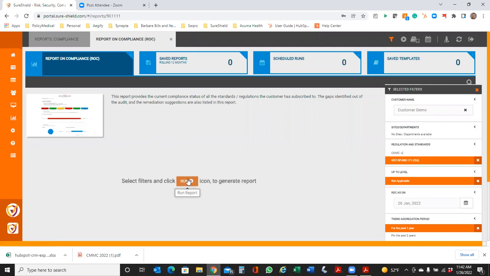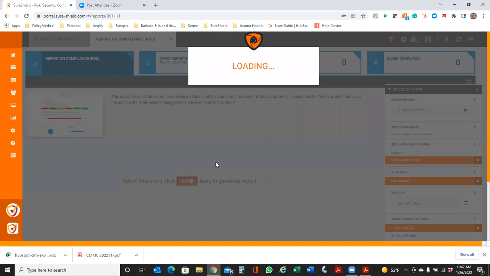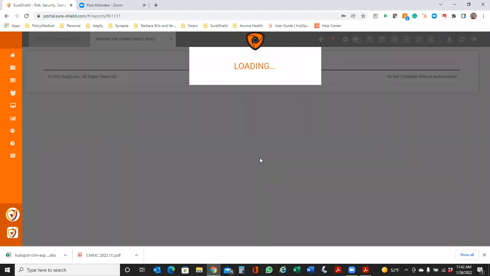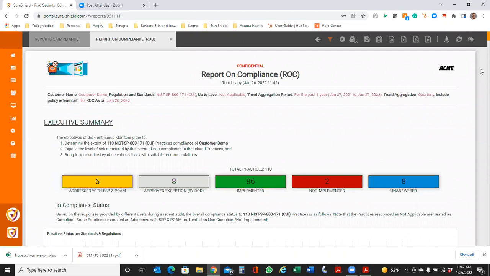I can set the date ranges, the times that I want to look at this, and then the actions I can see of where I want to be on this if I were to run this report. And it outputs this in a nice fashion that you can also convert to Word or convert to a PowerPoint, or use the graphs for different types of PowerPoint demonstrations. You can schedule these reports. You can have these saved. You can have them scheduled to go out to different people within your organization. And it will also show you differentials on changes that have taken place when you've enacted areas where you have gaps.